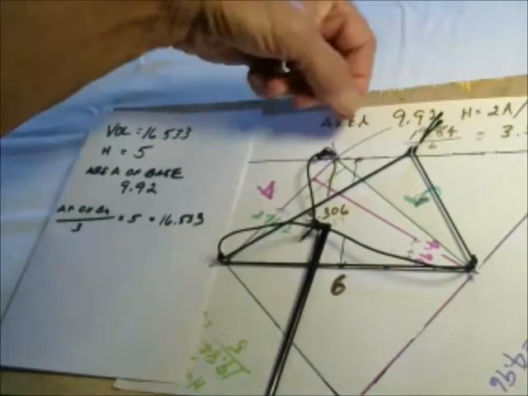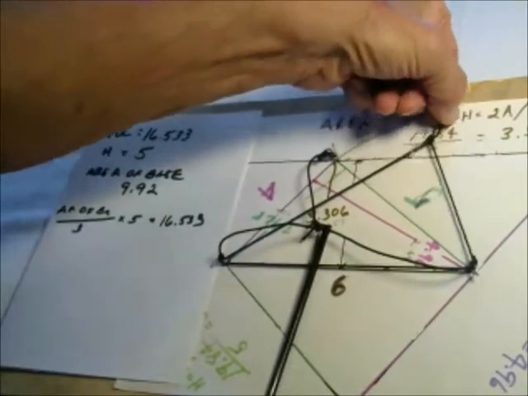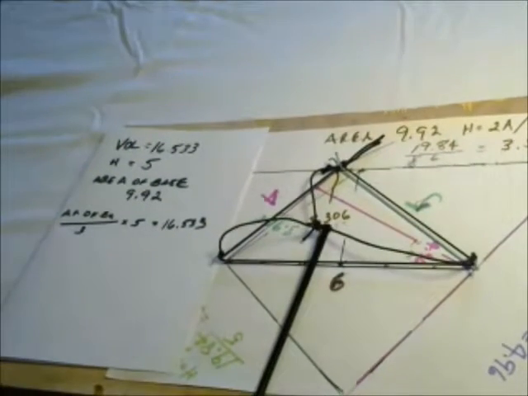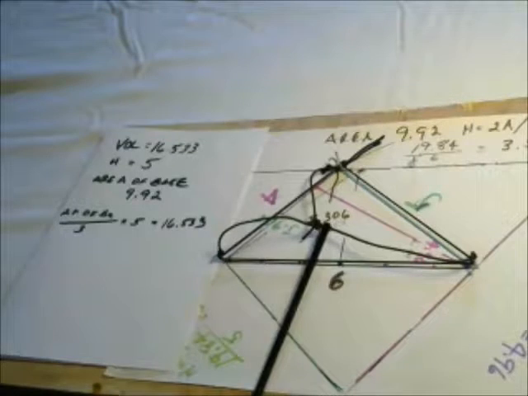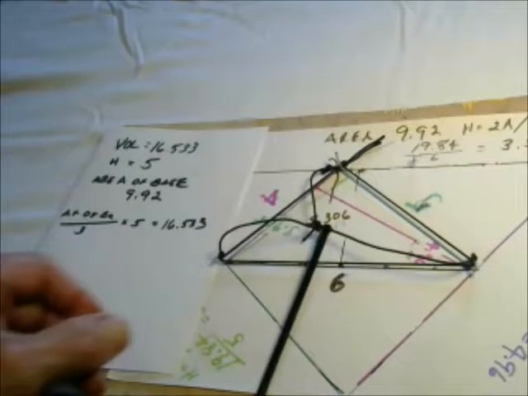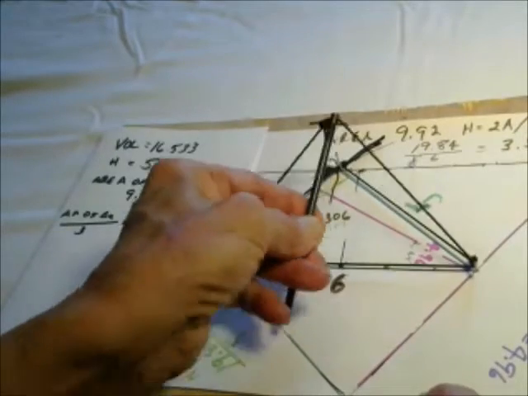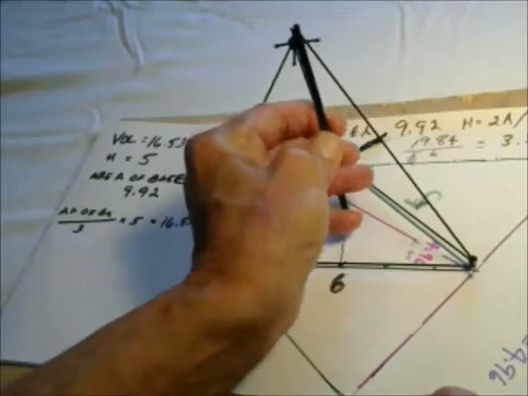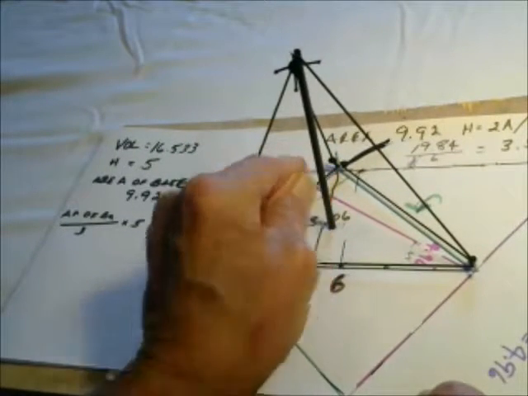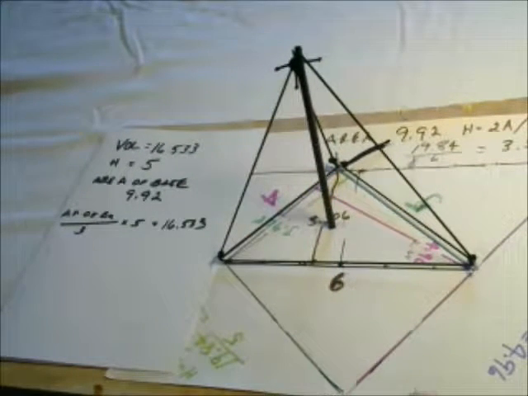So that means that we understand that there are a lot of possibilities for this triangle to have the same area, because we showed you that in the other video. Now we're just going to turn this triangle into a tetrahedron by doing this. Okay, now we have a tetrahedron with 4 triangles that all obey the same rules as the